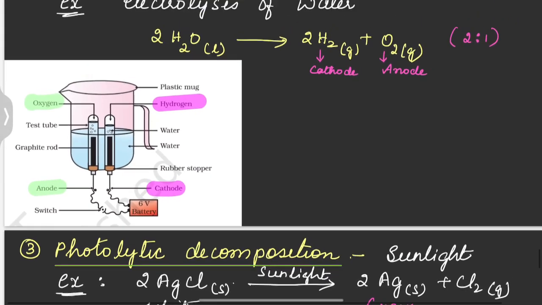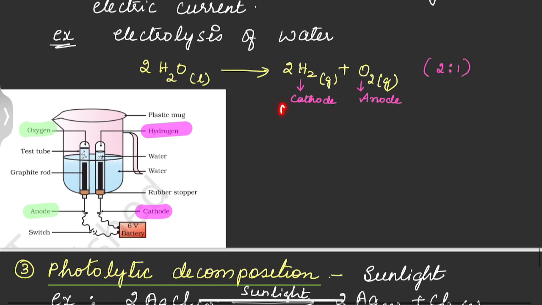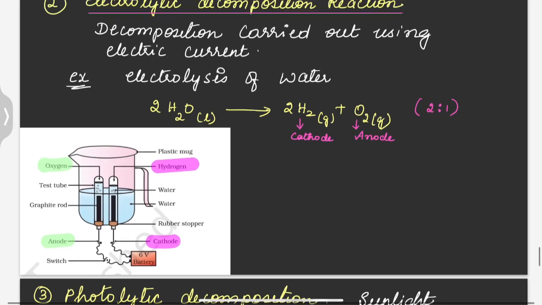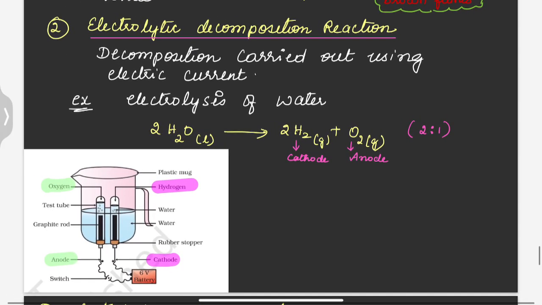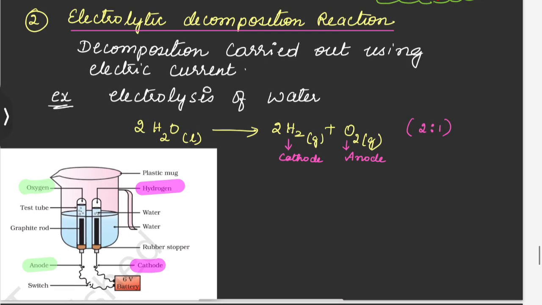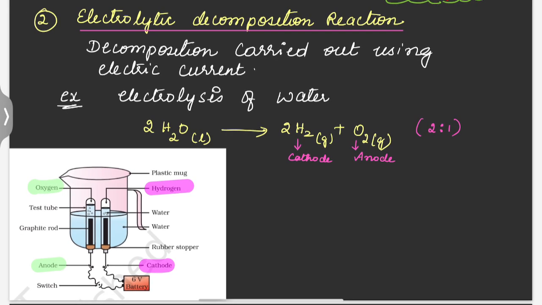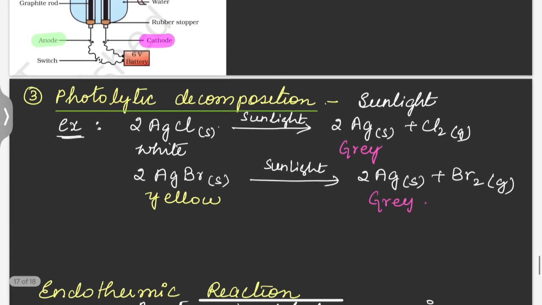So remember at which electrode what is liberated. Oxygen and hydrogen, where they are liberated and what is the ratio they are getting liberated. So these two questions are very important from this activity, which is usually asked in the board examination. Next is